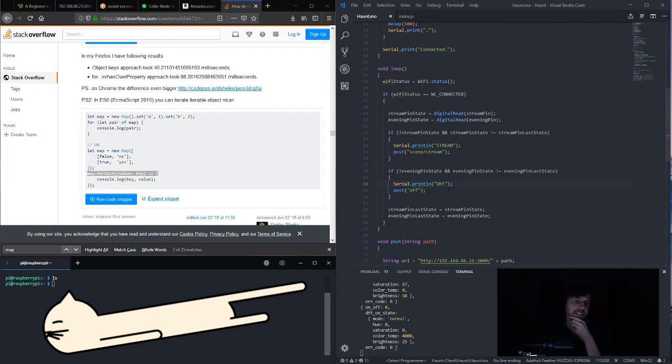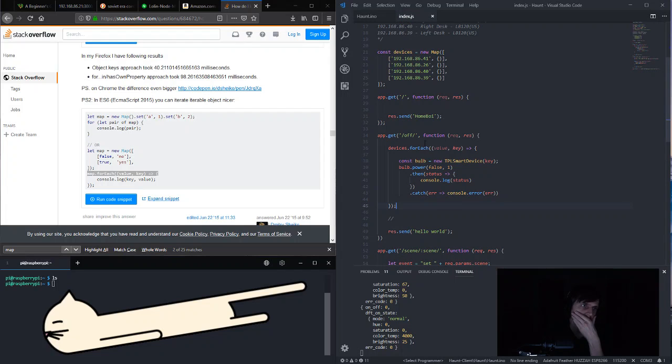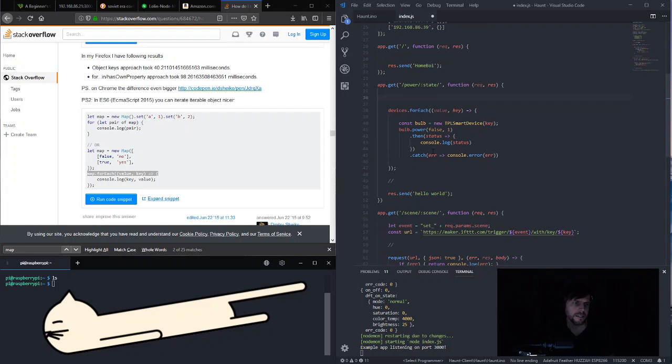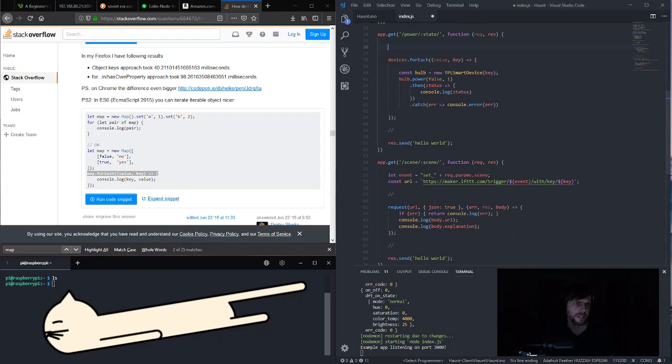So like, instead of doing this, if we just do on, maybe we do something like power on and power off. And then here we do power state, and then we need something like,